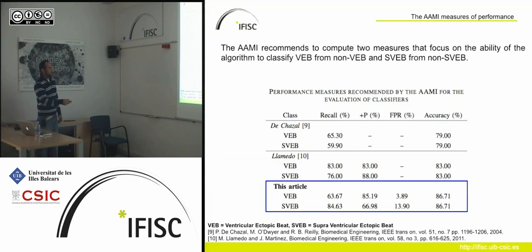We have the results here for 2 other studies. And we see, for example, let's focus on recall. For the ventricular case, our results are comparable. Actually, in this case, it's the lowest for the ventricular ectopic beat. However, for the supraventricular ectopic beat, in our case, it is the highest. So still, we cannot say we are the best approach, but we can say that we are a good approach because we are in comparable numbers. If you see the other cases, then we can have, for example, the accuracy is the highest.